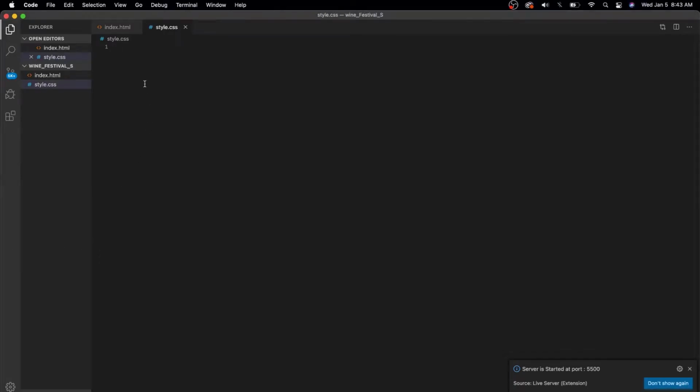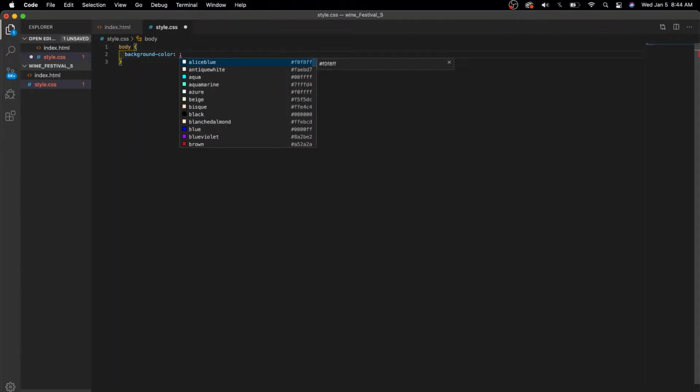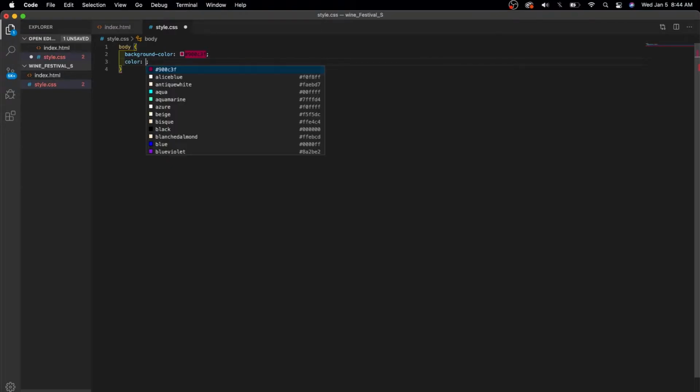Alright, now let's style our HTML. So let's start with the body. That's right, body. And let's give it a background color. This is one of my favorite colors. You can pick any color that you want. I am going to pick 00 and I think it's C3F. Yes, that's the one. And let's give it a color of white,